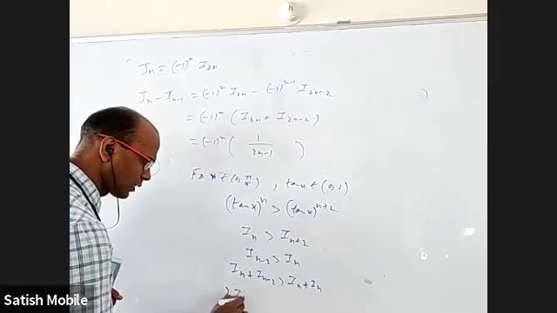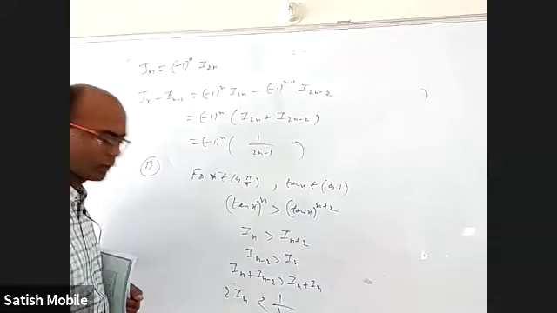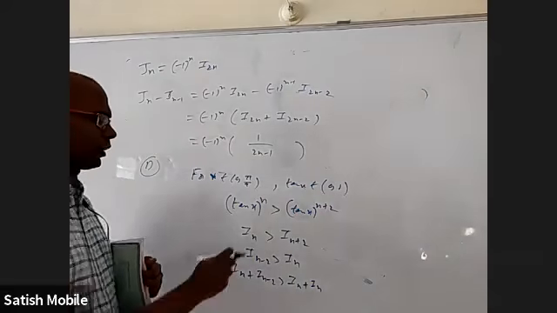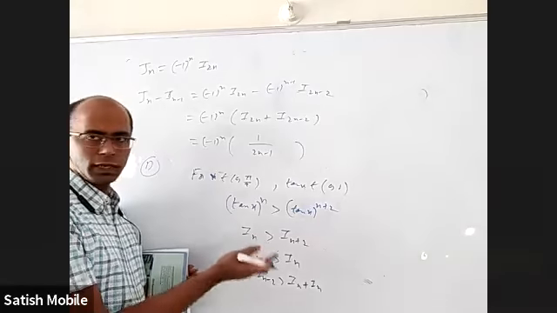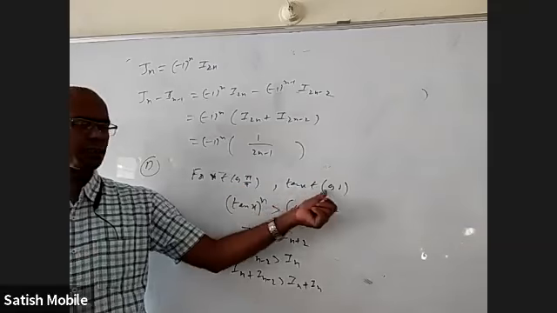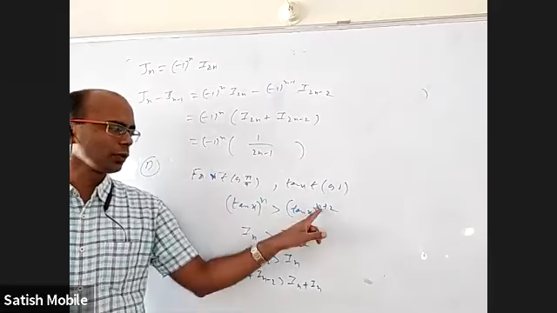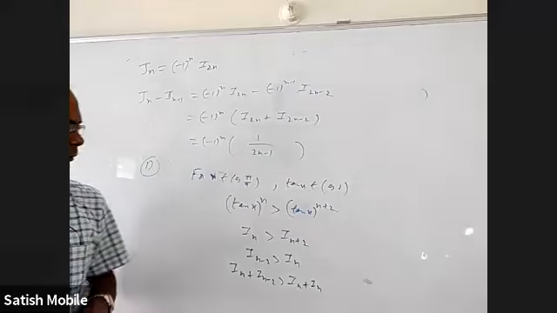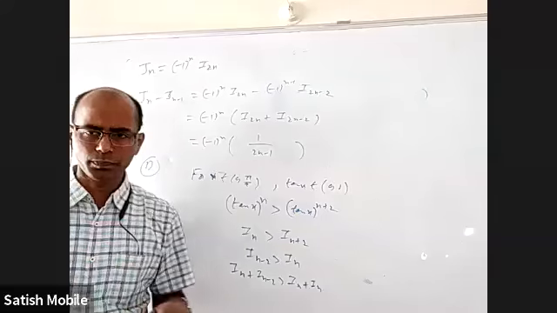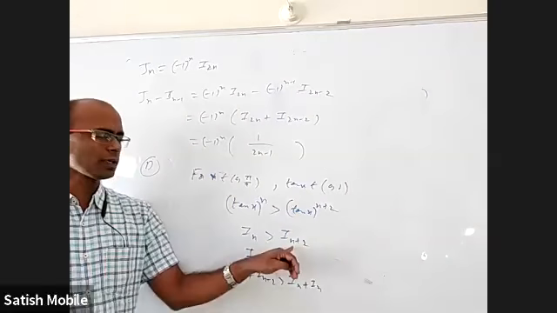That is, 2I_n is less than the sum of these two, which is 1 by n minus 1 according to our reduction formula. We already proved this. I explained that if you take x between 0 to pi by 4, tan x is between 0 to 1. If you take anything between 0 to 1, with less power the value is more, with more power the value will be less. Now if you integrate 0 to pi by 4 on both sides, this is I_n and this is I_(n+2). Among I_n and I_(n+2), the one with the greater index is smaller.